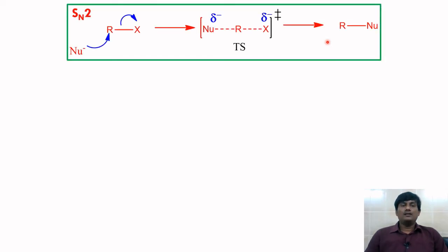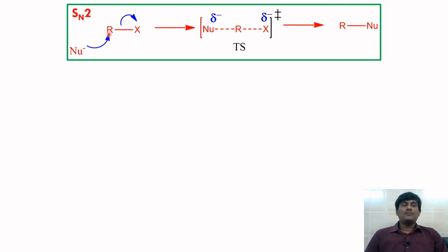Mechanism of SN2. In the SN2 mechanism, the attack of the nucleophile and the leaving of the halogen take place simultaneously, and there is a formation of a transition state. This transition state decomposes and there is a formation of product. Here you can find only one transition state, so the number of steps in this mechanism is 1, so it's a concerted mechanism. Here the number of molecules participating is 2, so the molecularity of the reaction is 2.